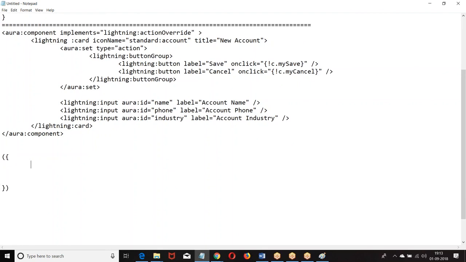What is the function name? My save. Component. Event. What are you supposed to do? Read the value of name, phone, industry.